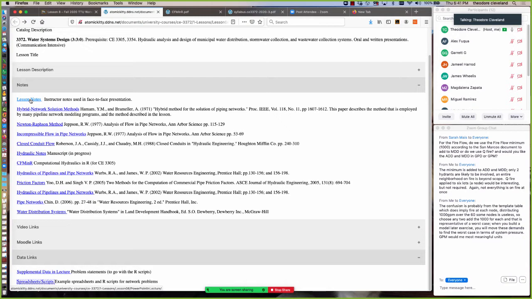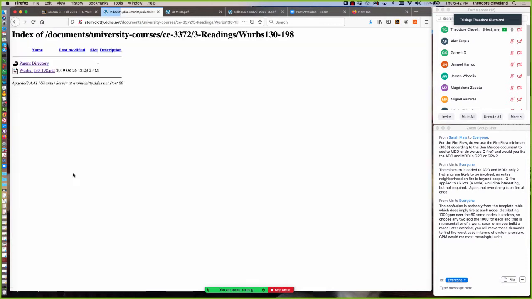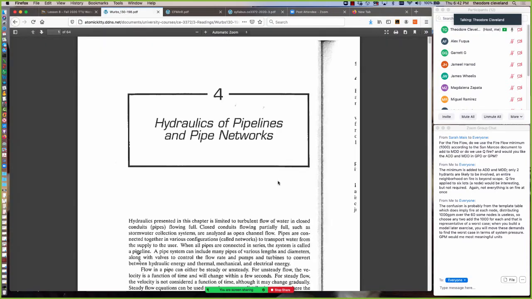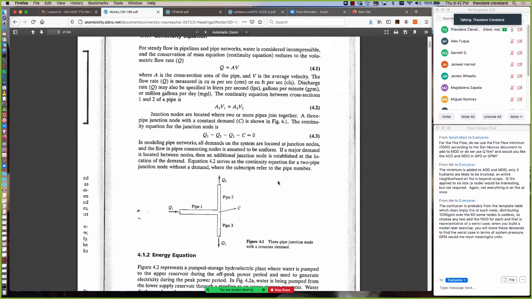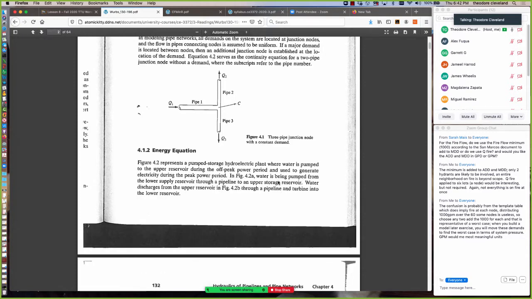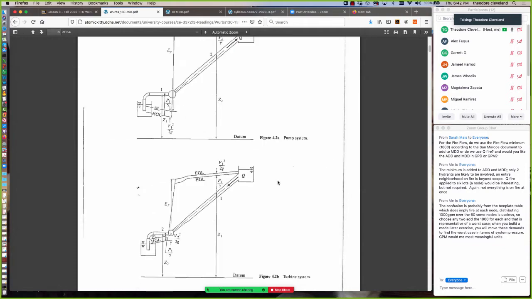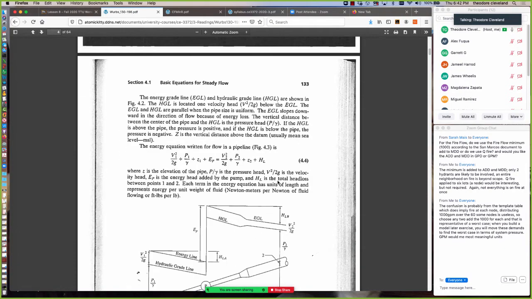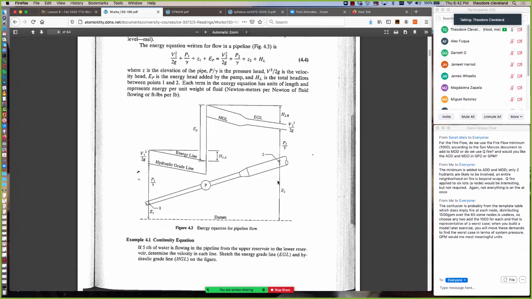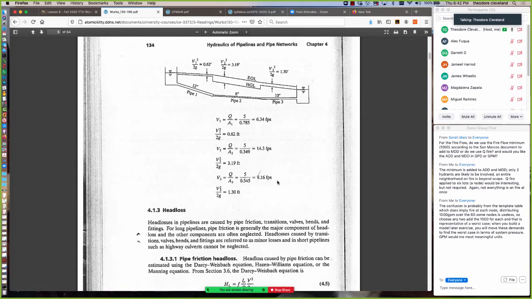So let's begin with the notes. Let me first suggest that this one, Hydraulics of Pipelines and Pipe Networks by Werbs and James, is probably the most useful read if you feel like you've never done this or you've completely forgotten these concepts from fluid mechanics. It's not very long, and it's in classic textbook style, which most of us are accustomed to reading, and goes through